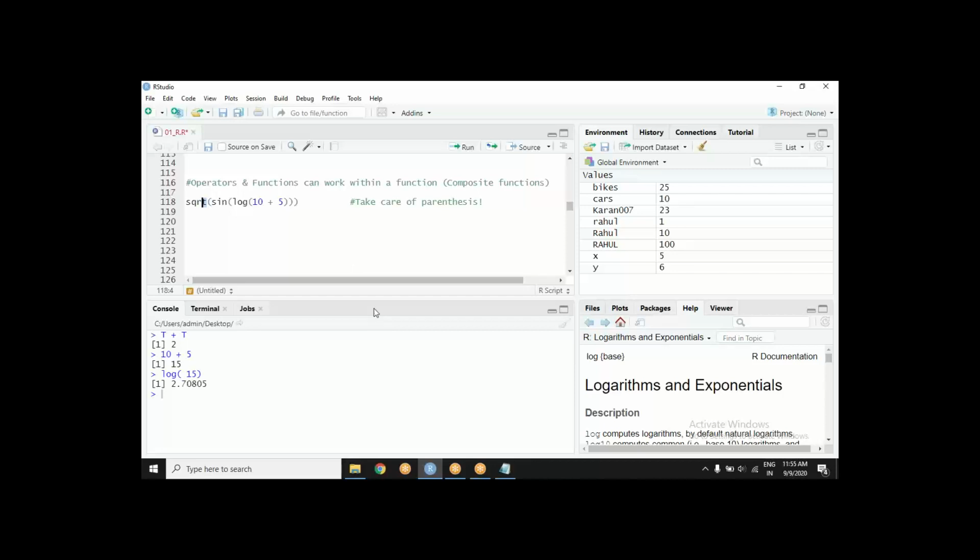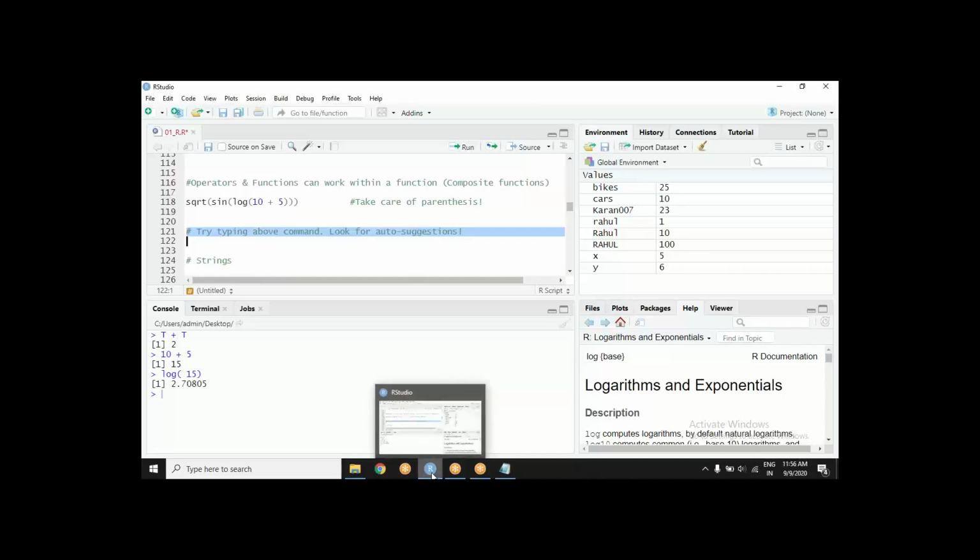So this is another powerful utility here. But you know what will go wrong with this? This will go wrong here. You will open a bracket and forget to close it. You will close a bracket and forget the opening one. You will open some brackets and close some brackets, and they will not be equal. So that is one major problem that is going to happen. But is there a workaround? Yes, there is.